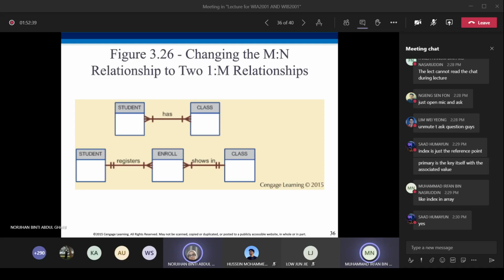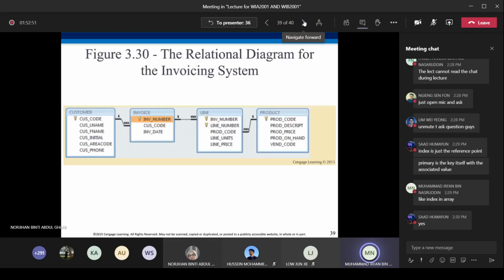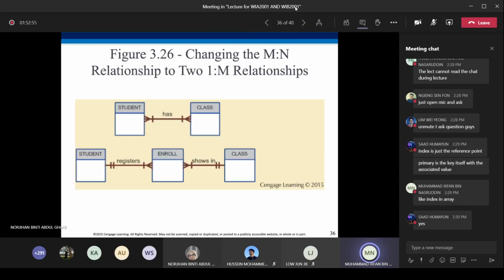Since a one-to-many relationship is ambiguous, you don't know which specific row you want, so in order to identify that specific row, we need another key, right?